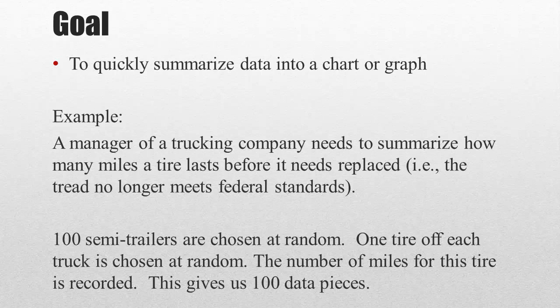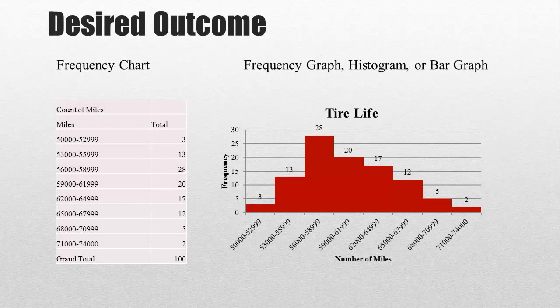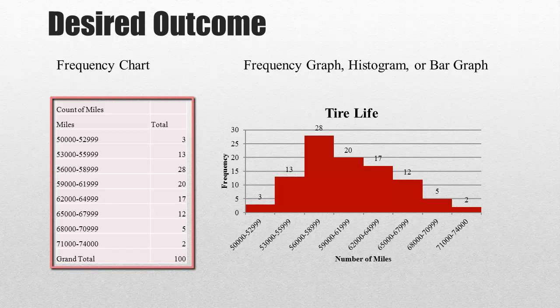Now, if you were to give that list of 100 data pieces and expect your manager to make a quick decision, probably wouldn't happen. What they're most likely looking for is some sort of summary, like a chart or a graph to go along with it. So if you'll notice on here that we have a frequency chart. A frequency chart counts the frequency, so we have 100 tires that have been recorded, and what bin they